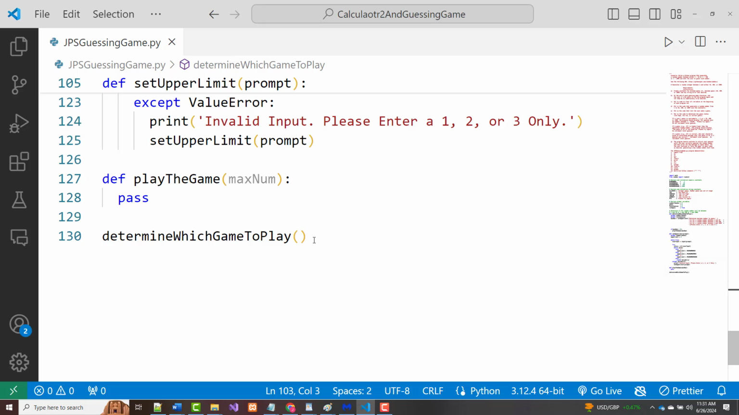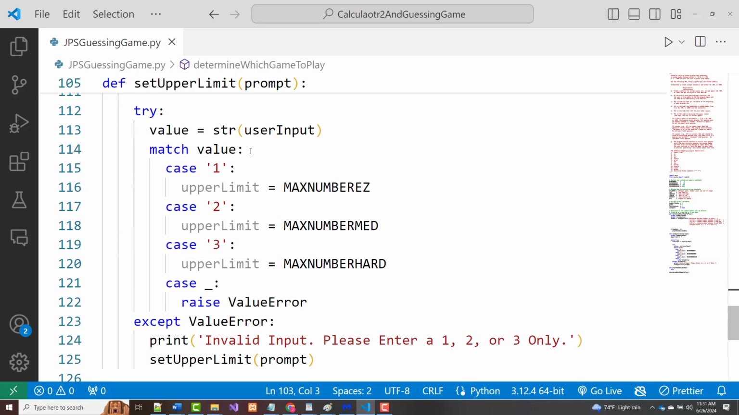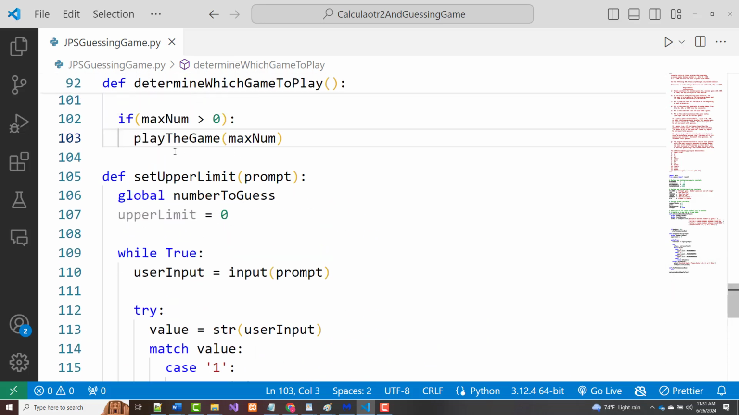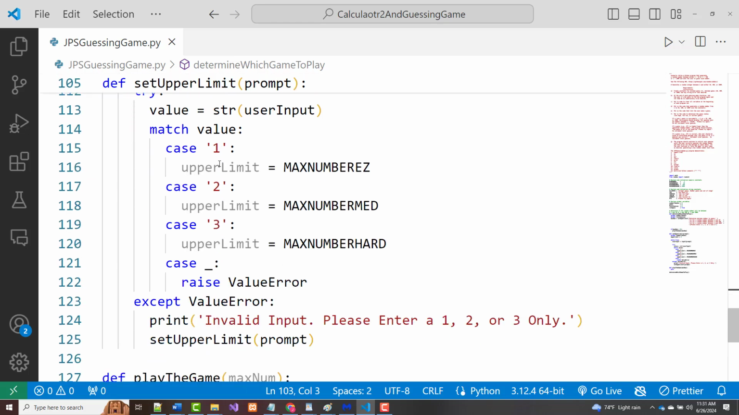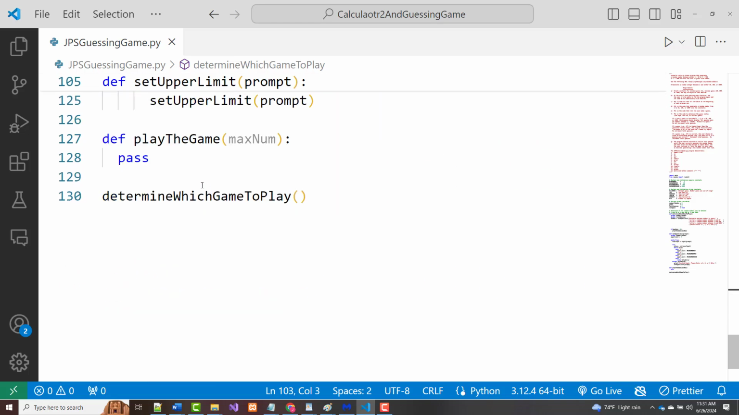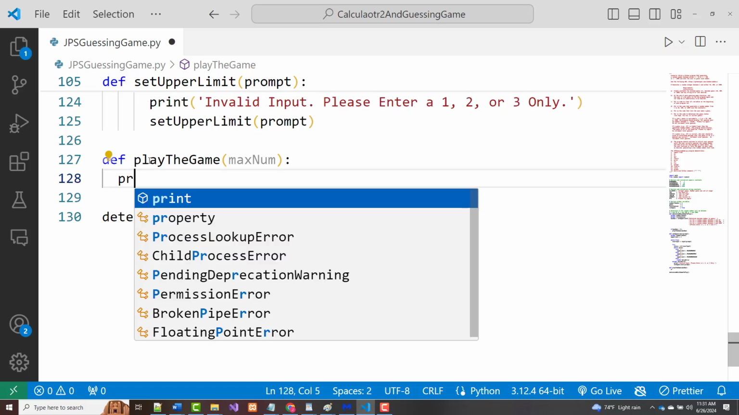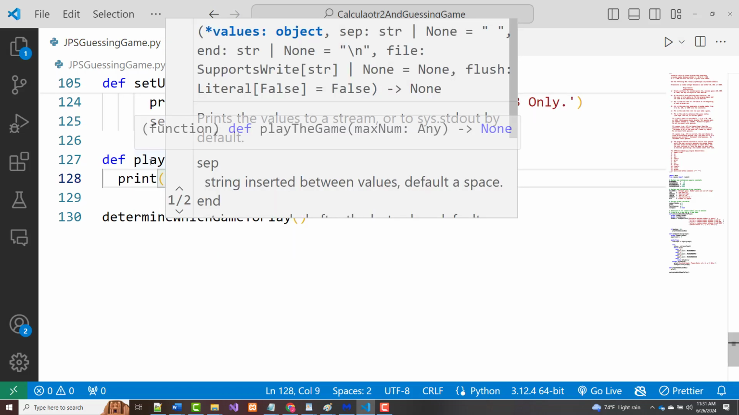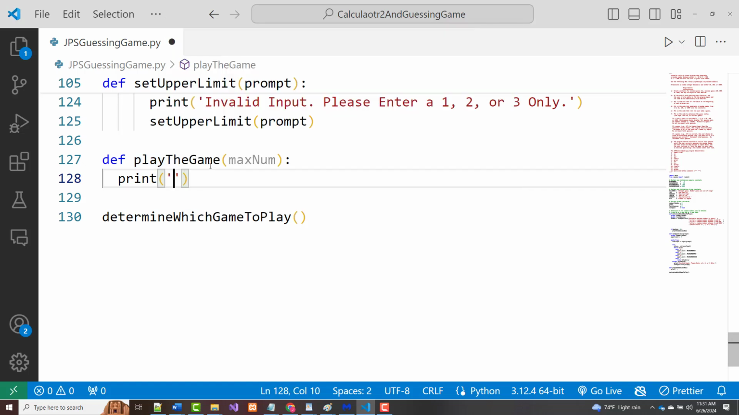I don't think it's going to like what I just did there, but that's okay. Let's see. So play the game. We're calling max num. Now for this play the game max num, we could do this. Let's try and see if this works. So I'm going to print in here the maximum number to guess is